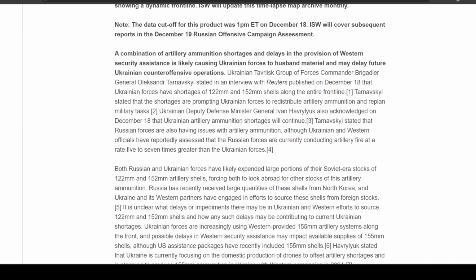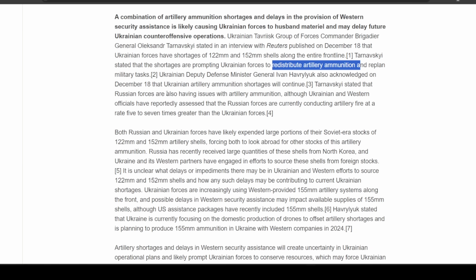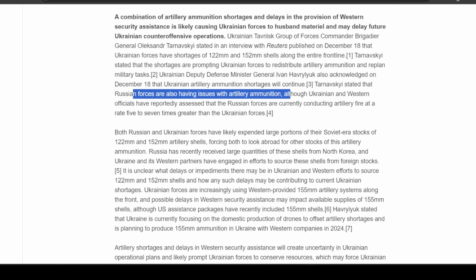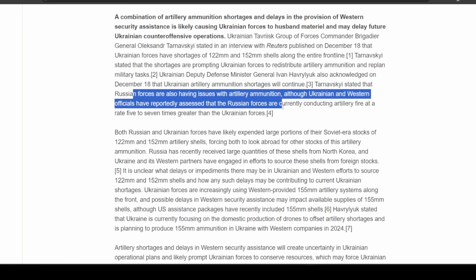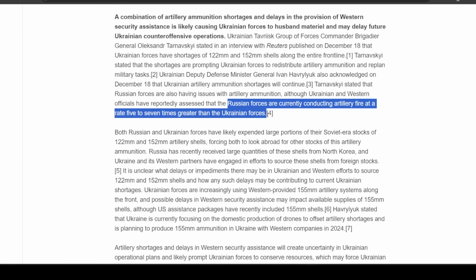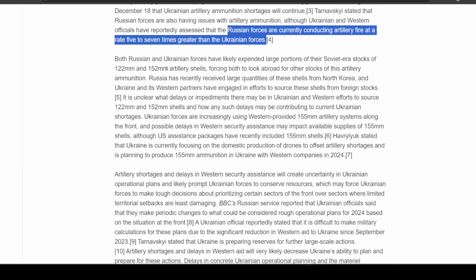In an interview with Reuters yesterday, Ukrainian forces reported a really severe shortage of 122 and 152 millimeter shells all across the front line. Ukrainian forces are redistributing their artillery, replanning military tasks, trying to figure out where the artillery is most needed. And these shortages are likely to persist for a long time. While Russian forces are also having issues with ammunition, both sides are reporting that Russian forces are able to fire artillery at 5 to 7 times a greater rate than Ukrainian forces,